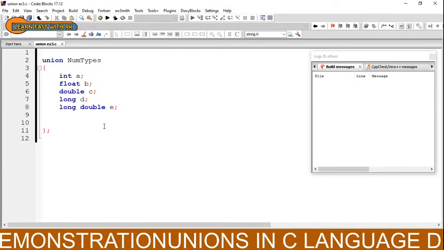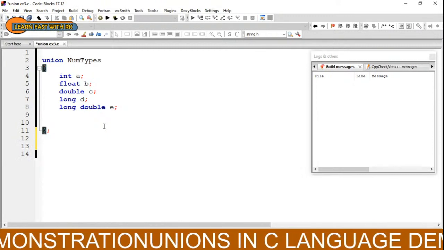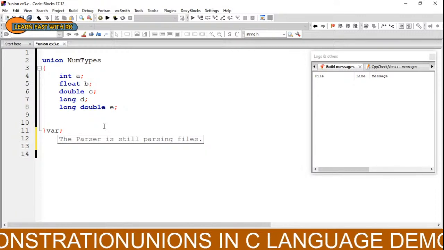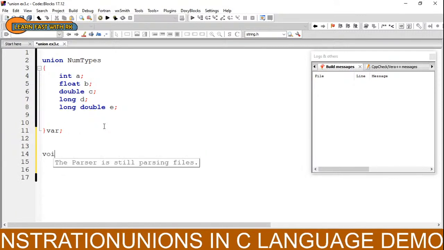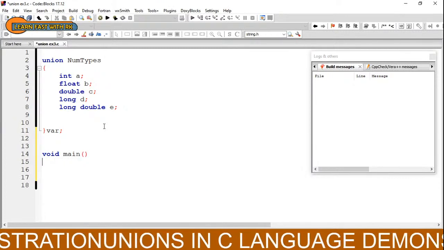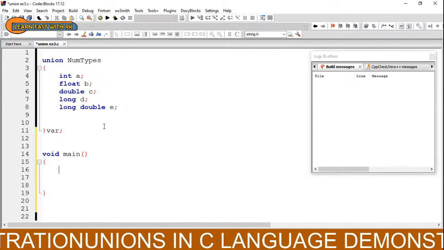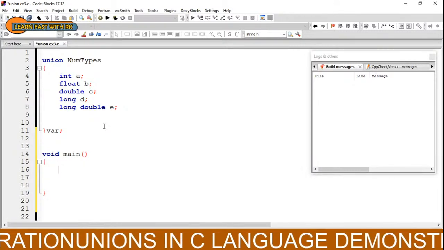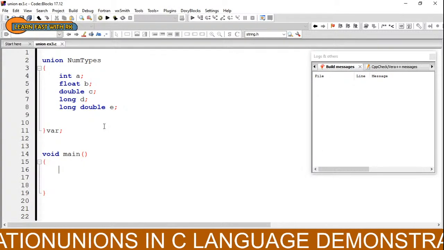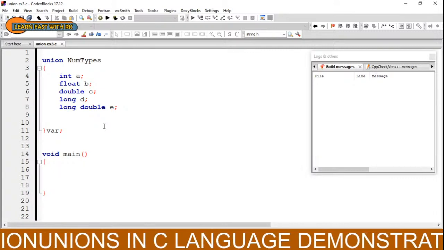So, among all this, what will happen when we declare a variable? Let us see. We can declare a variable here as in var. Otherwise, even we can declare inside the main function. So, let us find out what is the size that is allocated. Why am I talking about these sizes? Majorly because if you closely observe,